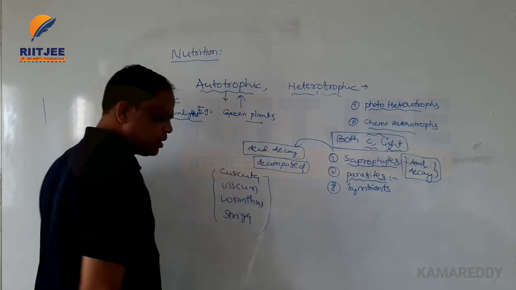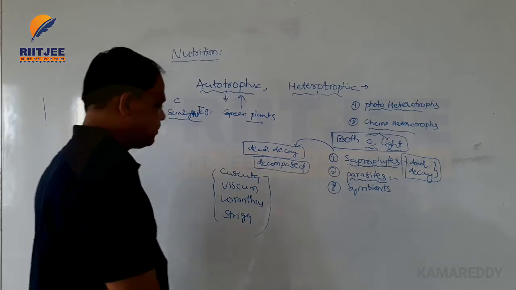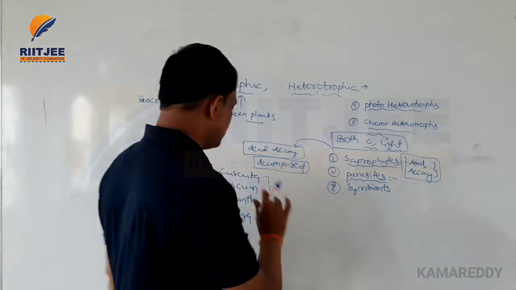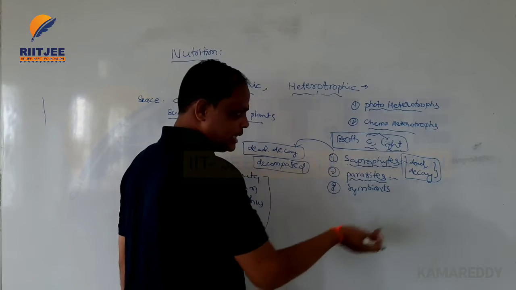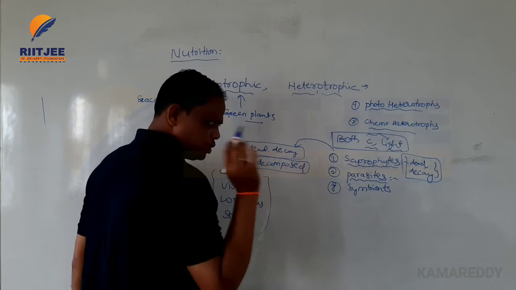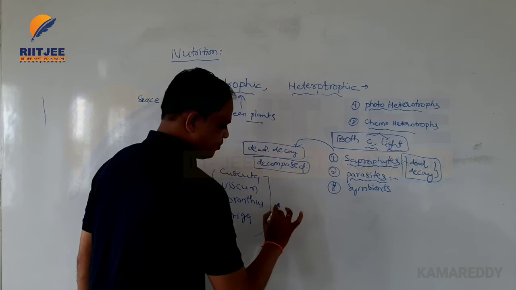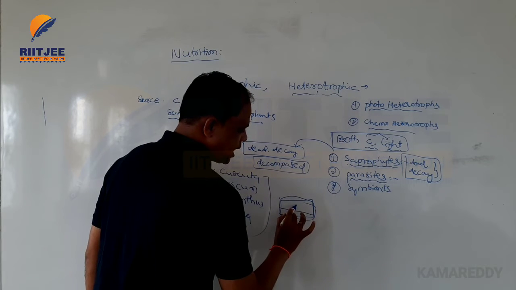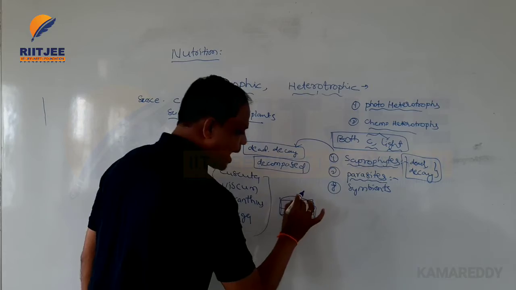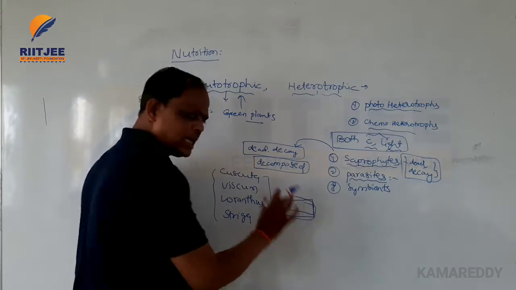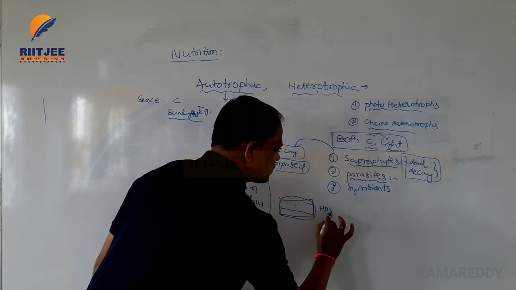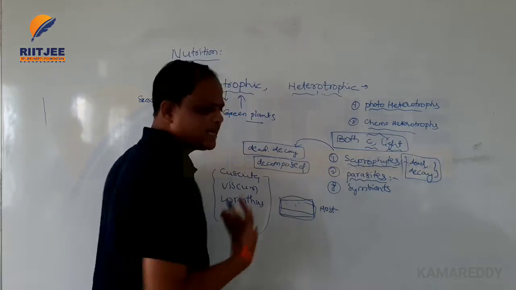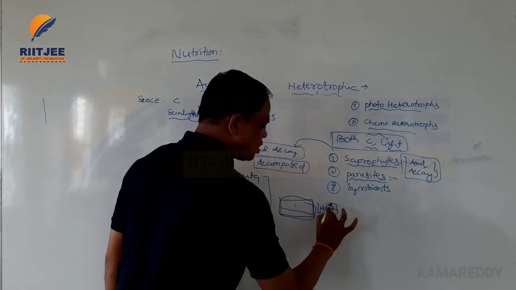These are parasitic organisms. They depend on the host organisms for shelter and food materials. For example, this is the host organism. This organism gives shelter and nutrients, and such an organism is called a host organism. It gives the shelter and nutrients to the parasitic organisms, so that is also called the host organism.